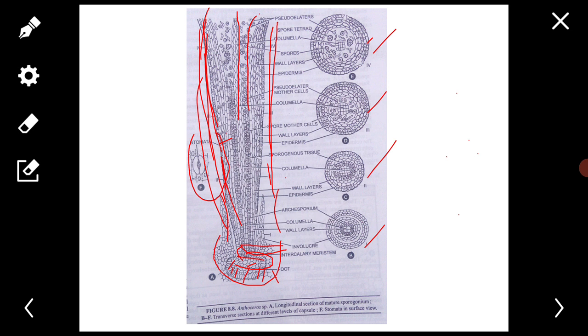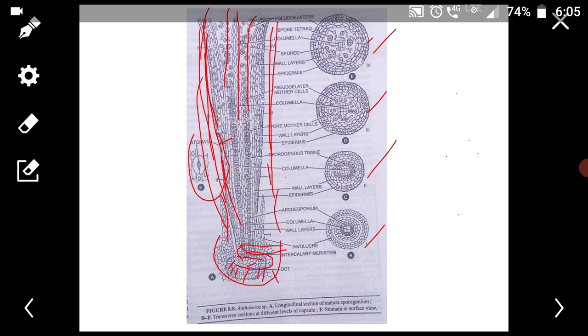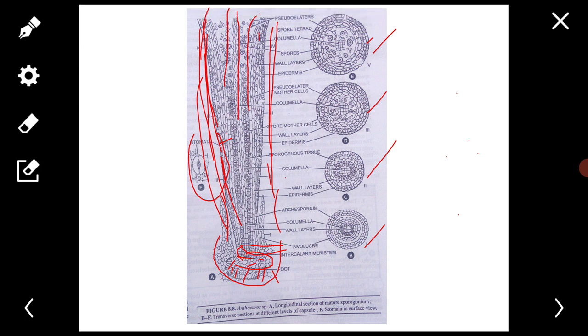Next, that is the archisporium, sporogenous tissue or spore sac. This zone is situated in between the wall of capsule and columella. It originates from the inner layer of epithelium. In young condition, this zone is single-layered archisporium, consisting of small cells with dense protoplasm, जो हम नीचे की तरफ देख सकते हैं. It arises directly from the intercalary meristem.